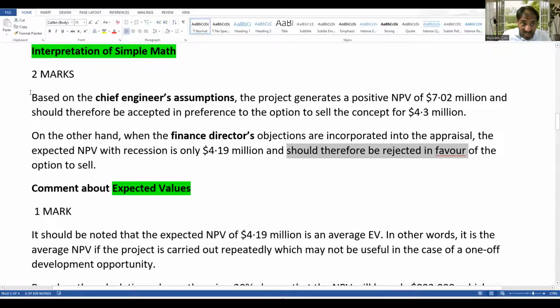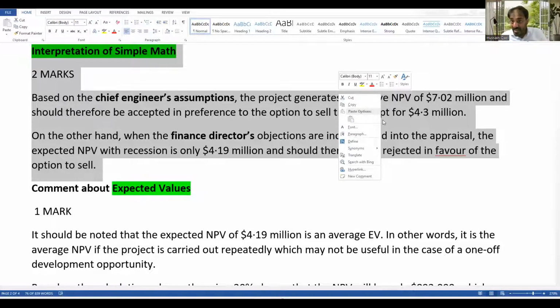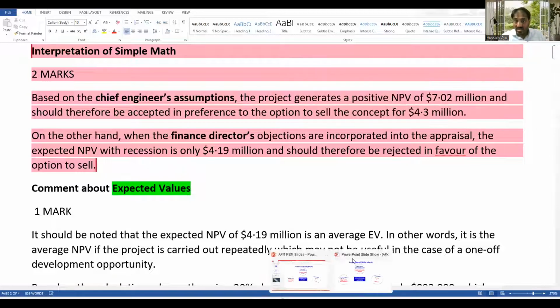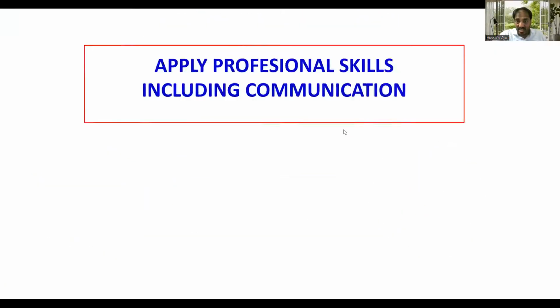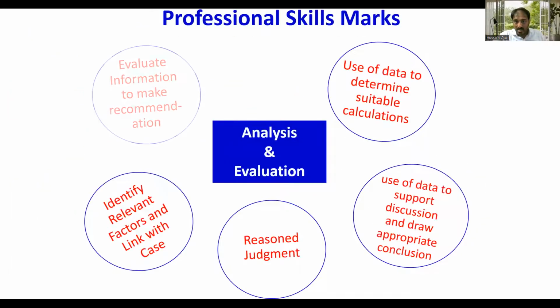Whatever facts you incorporate here, you get not just the technical marks but also the professional skill marks. That's called analysis and evaluation. Sir, how is the analysis and evaluation? Analysis and evaluation includes these 2 points. The number 2, use of data to support